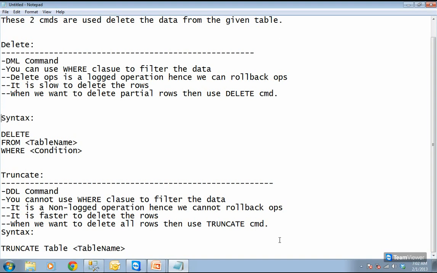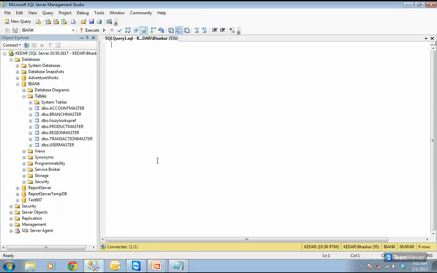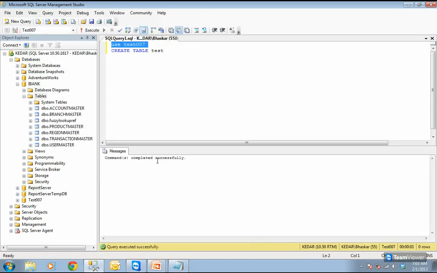One more thing you can understand, okay? I'm creating a table here, say test table. I'm using use 07. I think we have one database, right? So let me go to this database.